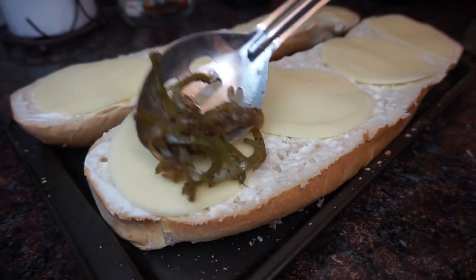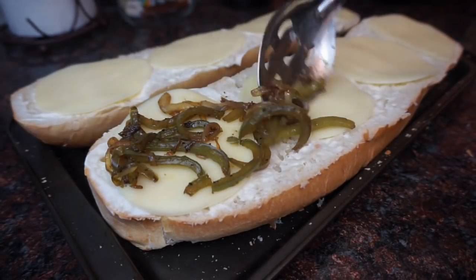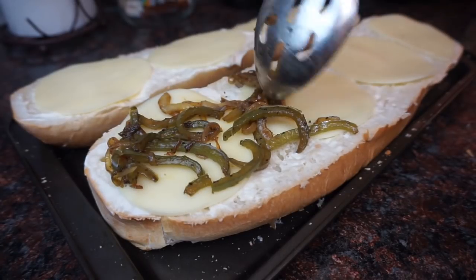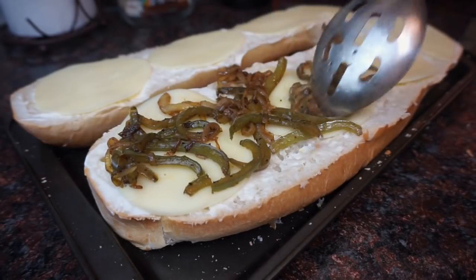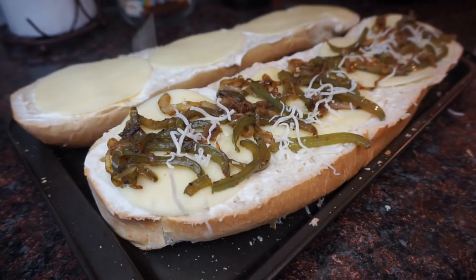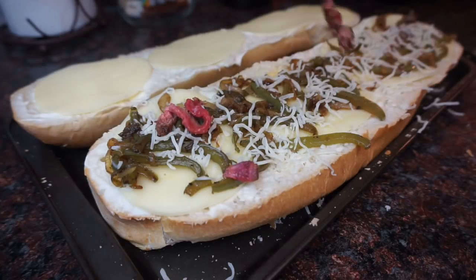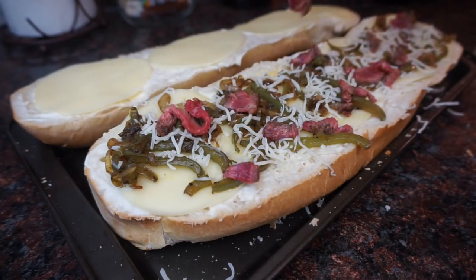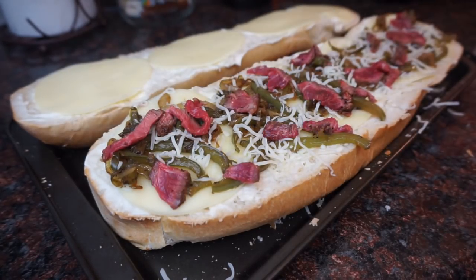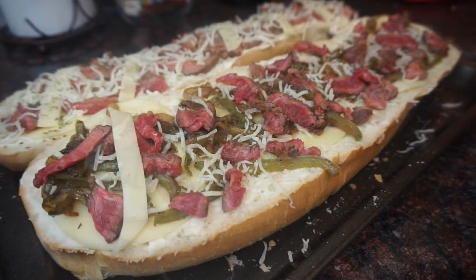And then we're going to start to layer our onions and bell peppers. And just a little bit of cheese on top. It's shredded mozzarella. Next we're going to add our steak. As you can see, it is still raw in the middle. I like my steak well done, so I was a little scared there, but it finished cooking in the oven